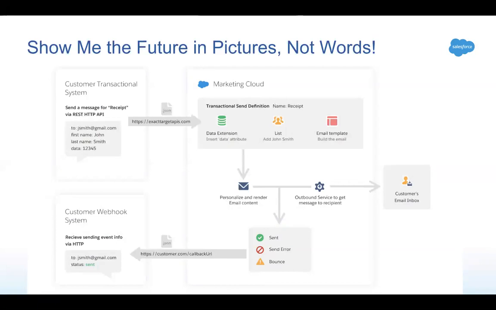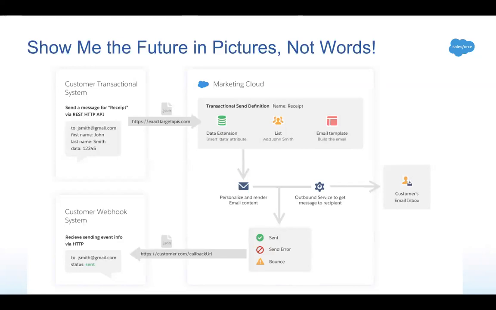our new API. So in this case, let's say it's a receipt, and you have your first name, your last name, and then some data associated with the receipt, the personalization attributes with that. That'll go into what is basically, we have a new type of send definition called a transactional send definition. And it's built to be very supportive of these low latency types of sends that you want to accomplish. So we can write the information to a data extension. We'll apply the subscriber data, and then obviously you're going to have an email template as well, which you want